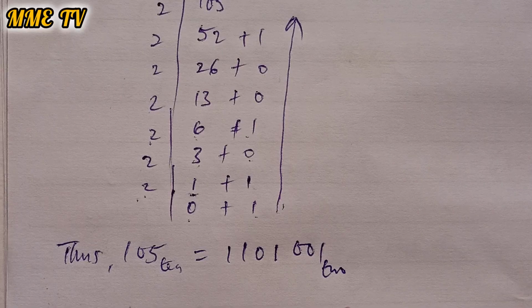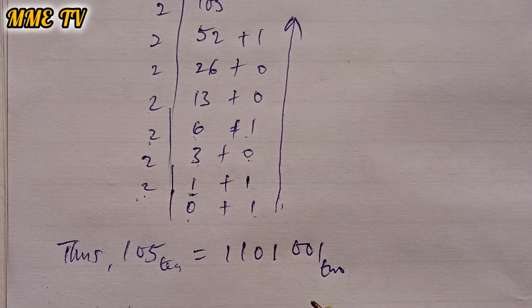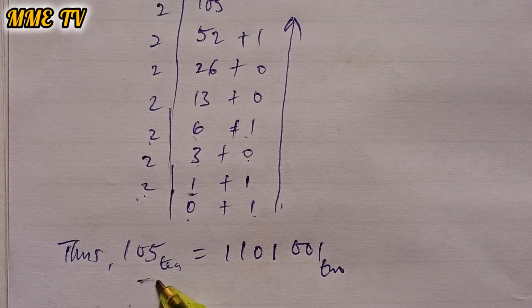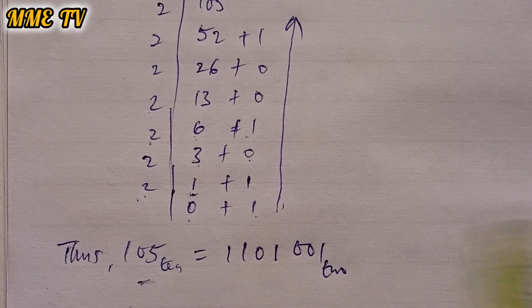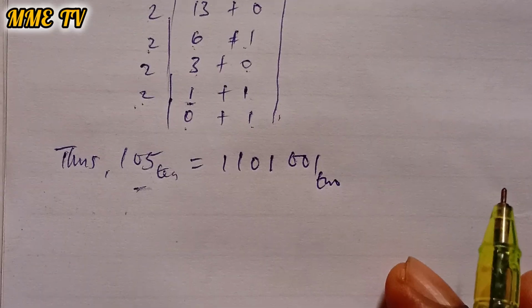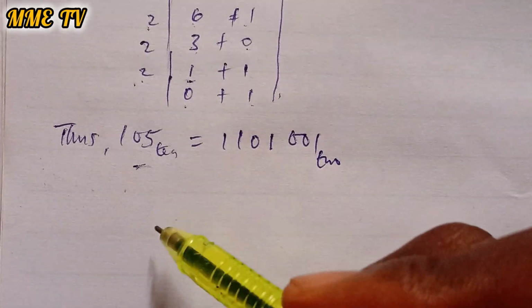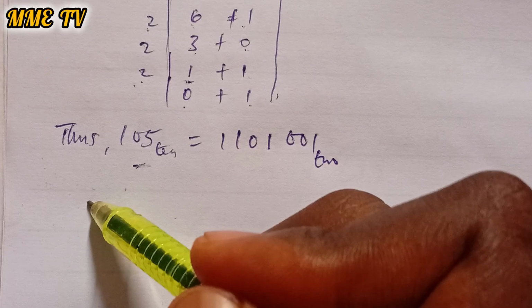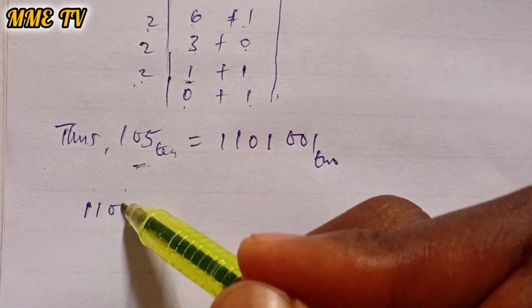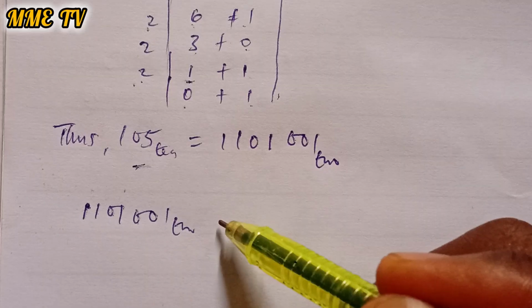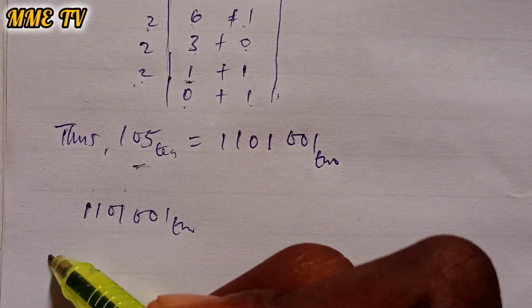But now that this number is already in base 2, let's see what happens if we reconvert it back to its original base, which is base 10. Now see what I'm going to do. What are the things expected of us to do? We will simply say, because we have 1101001 in base 2, we will say therefore that this is equal to